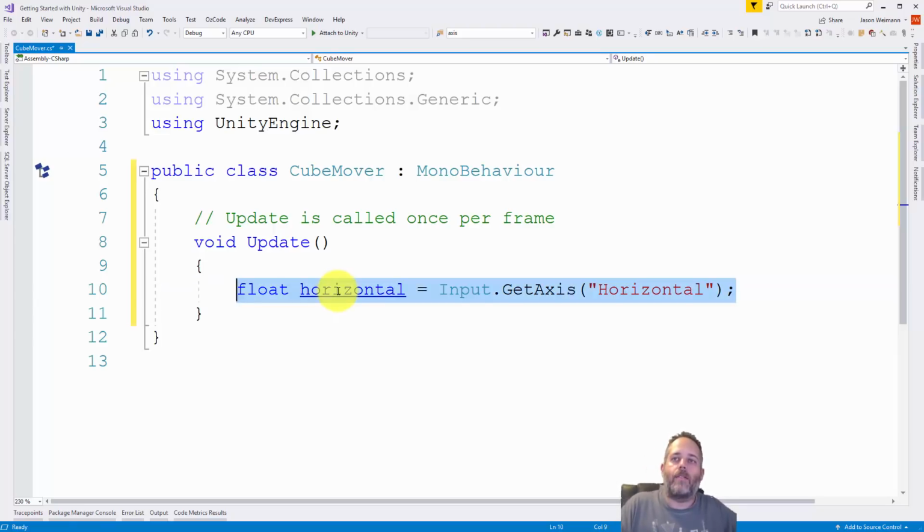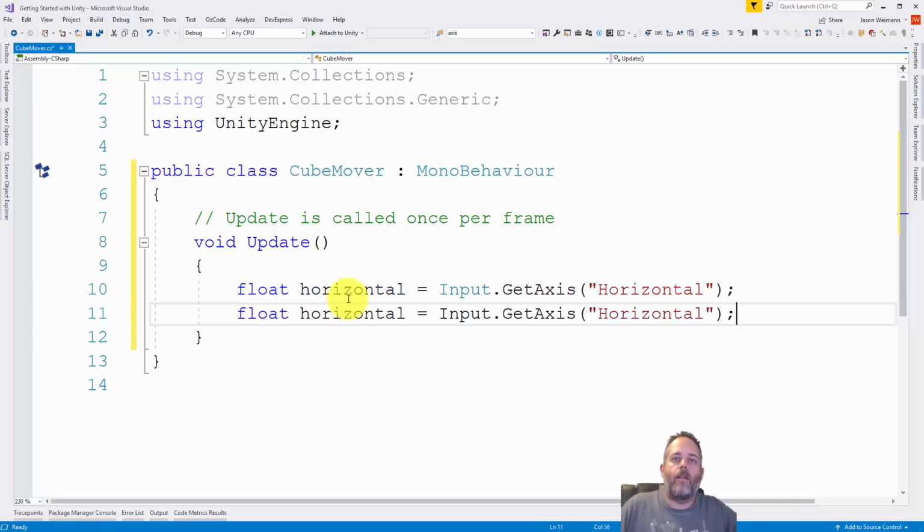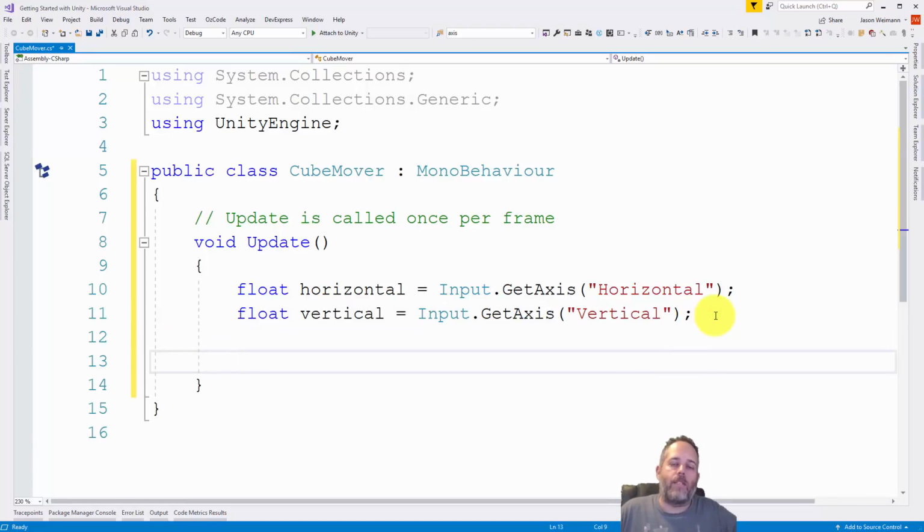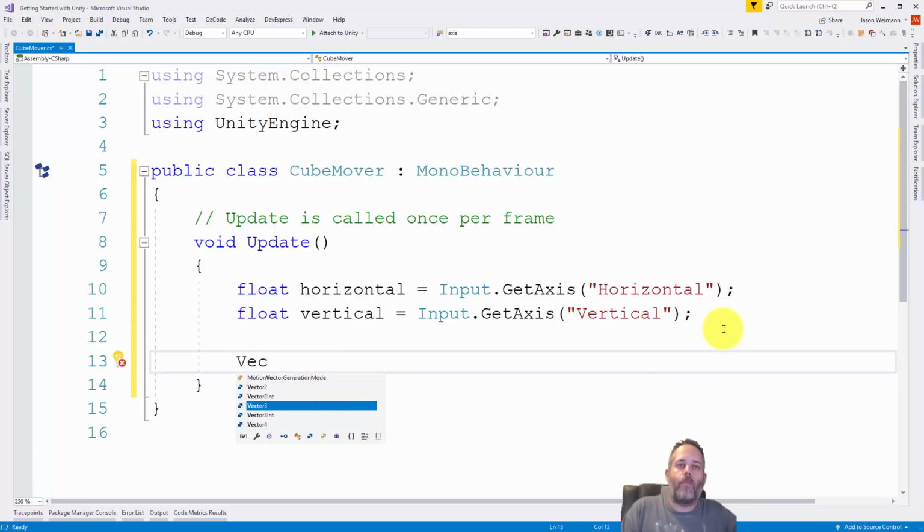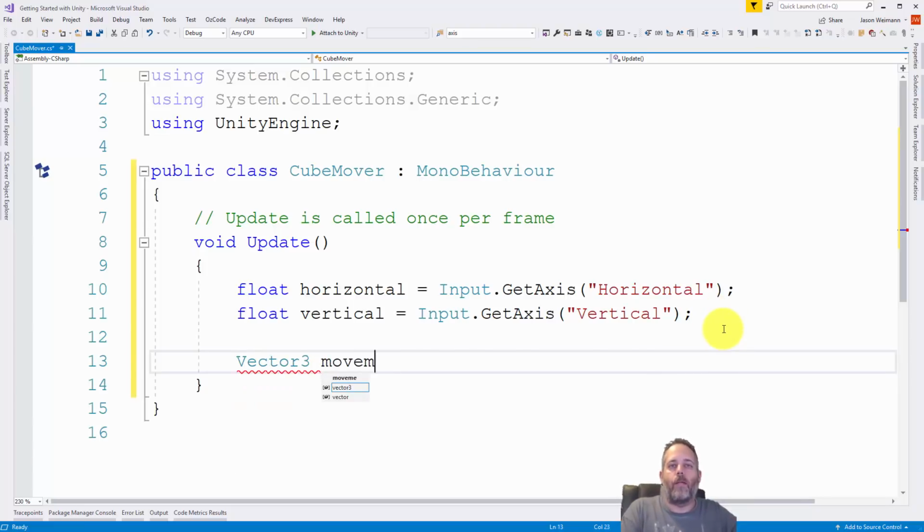Now I'm going to copy this and paste it, and then change this to vertical. Copy, paste, go back and hit a capital V. So now I have the horizontal and vertical values. And I want to turn these into a Vector3. A Vector3 is just a structure with an X, a Y, and a Z value that we use for positions or directions. So we'll say Vector3, and I'm going to call this movement equals new